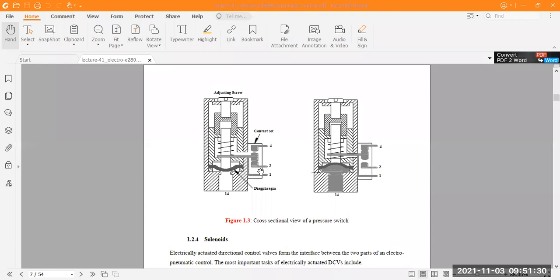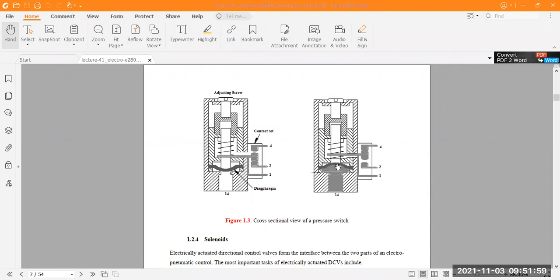Here you can see the first operation, when no pressure is coming to this diaphragm. That is the normal operation. Then when any pressure comes, fluid pressure or any type of liquid pressure, the diaphragm position changes. This diaphragm is normally close to the lever.